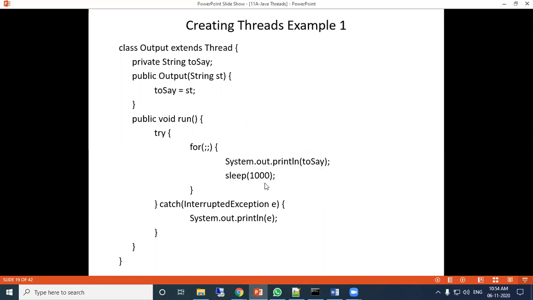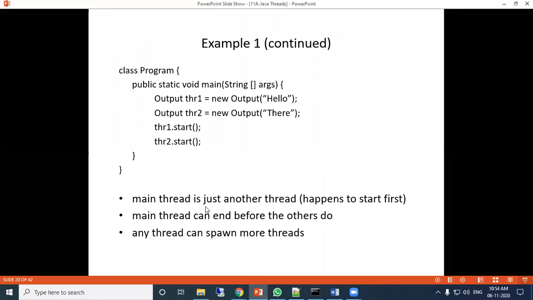So after that again this will continue, and remember the number of threads which you will create, all the threads will execute independently. So this try and catch is used for the exception handling, and this run method will be executed till you stop the thread.